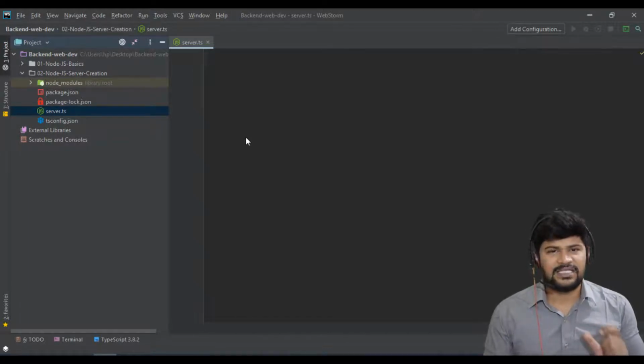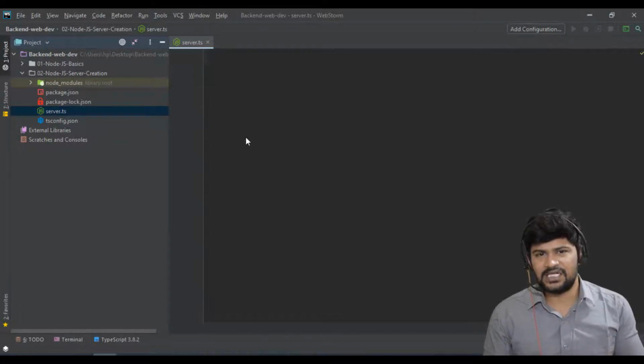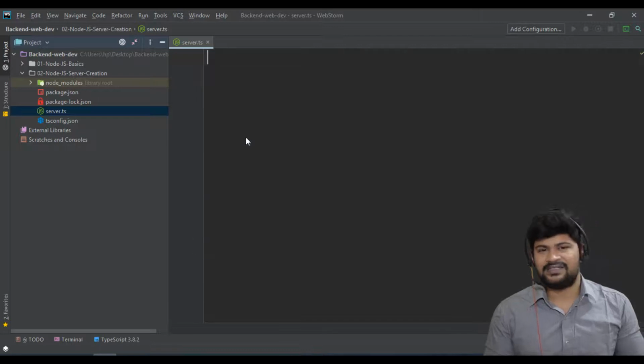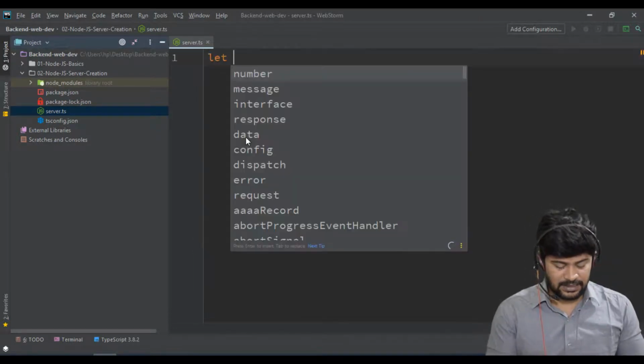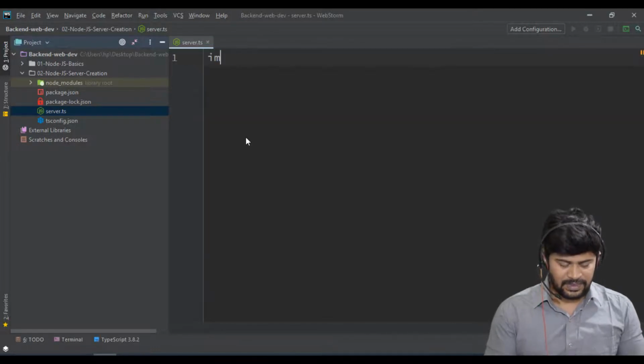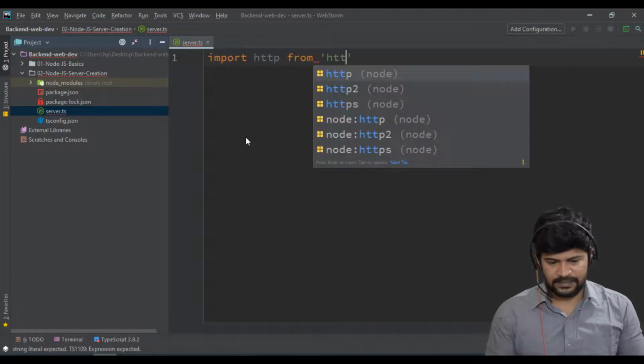There is one HTTP core module available in Node.js, and using that you're going to create it. So let's import them. Generally in JavaScript you use the require keyword to import, for example let http = require something, that is JavaScript, but in TypeScript it is different. So import http from 'http'.